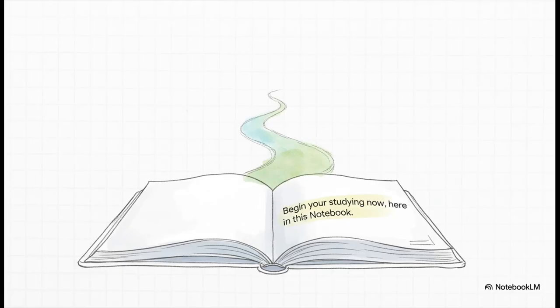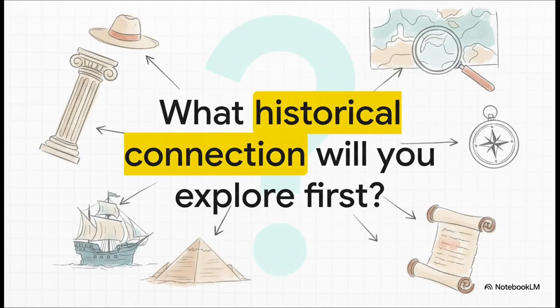So there you have it. You've got the structure, you've got the strategy, and you've got the tools right here in front of you. The only thing left to do is to dive in and get started. So let's start thinking like a historian right now. Stop asking, what do I need to memorize? And start asking better questions. What historical connection are you going to explore first? What comparison are you going to make? What chain of events are you going to trace? Your review starts not with a random fact,